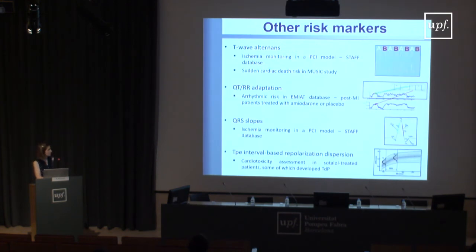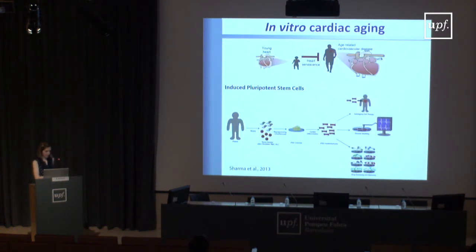We plan to use for the aging investigations other markers that we have already used in other studies, like quantification of T-wave alternans, which is this alternation in the pattern of the repolarization in the ECG, but also the markers related to how the QT interval in the ECG follows the pattern of change in the heart rate, or other depolarization markers, or ventricular heterogeneity markers.